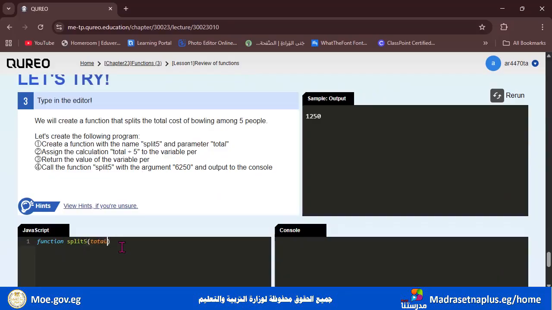Okay, and after that, open curly brackets. Well, assign the calculation total divided by 5 to the variable peer. So we need to define or assign the variable peer. So let's write let peer,